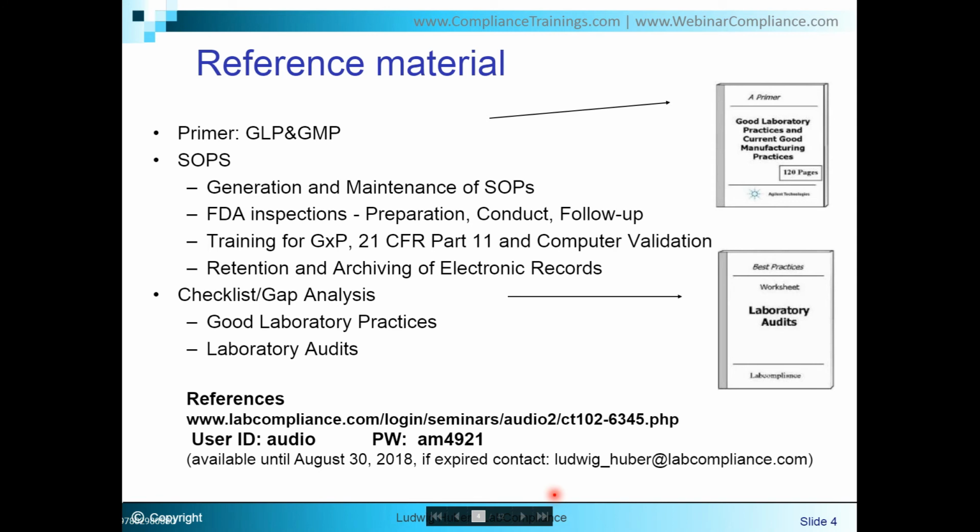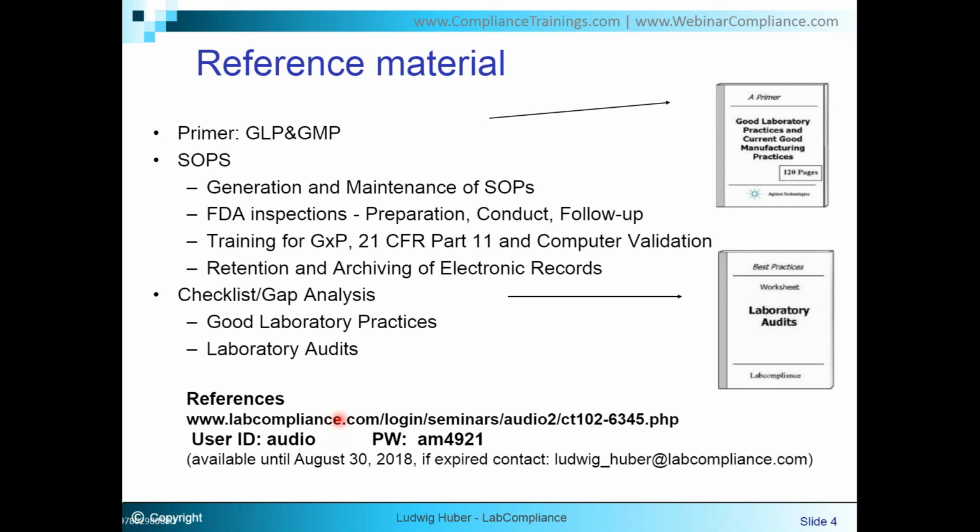That's important also. Here I have a reference slide, which maybe looks quite strange. This is not a shop to sell you something. It shows a collection of reference material which is listed on a dedicated seminar website. You have here at the bottom of the slide a link, and if you double click on it, a new site will pop up where you will be asked to enter a user ID, which is audio, so you don't have to make a note, it comes automatically from the previous slide, and the password similarly is